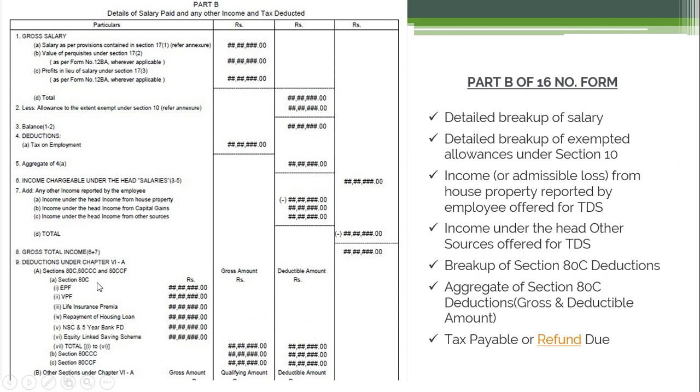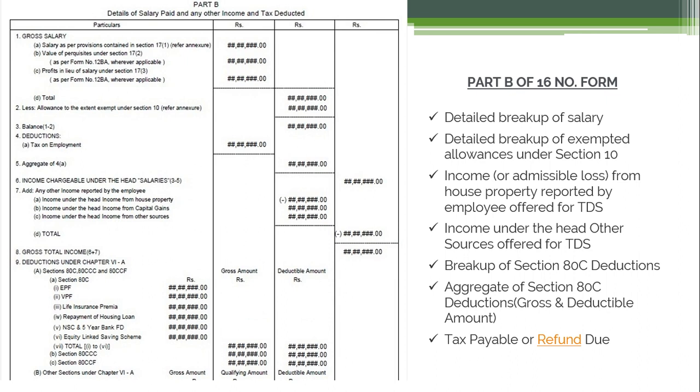Then you may have different deductions under section 80C: EPF, VPF, life insurance, repayment of housing loan, NSC and 5-year bank FD, equity linked saving scheme, and then the total will be there. All these deductions will be added, and then you may have a total income after that. We have compiled a few important points here: it will give you the detailed breakup of your salary.